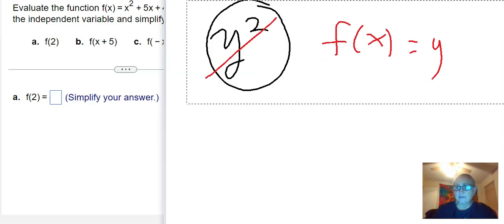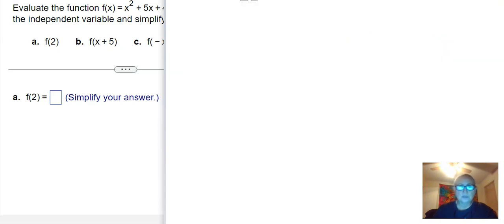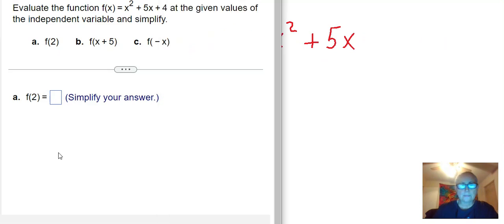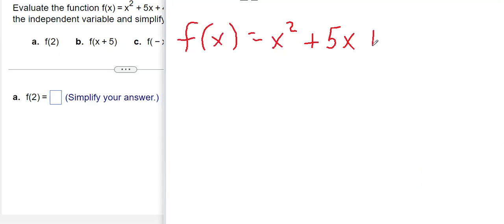So let's evaluate this function. Our function is f of x is x squared plus 5x plus 4. And we're supposed to evaluate that at 2. So f of 2 means,